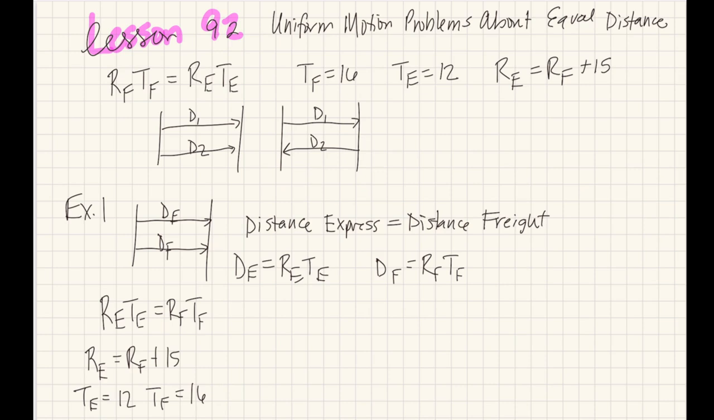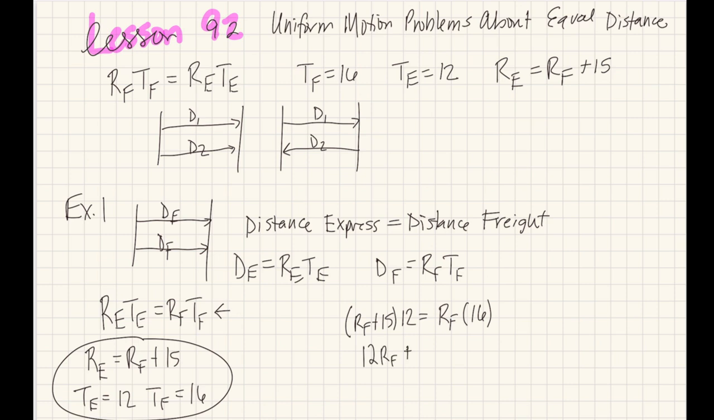So I am going to use this equation right here. RE times TE equals RF times TF. So using all of this, I'm going to plug in some numbers. All right, so RE I know equals RF plus 15. And then that is going to be multiplied by TE, which is 12. And that is equal to RF times TF, which is 16. Okay, so now I'm just going to distribute. I get 12 RF